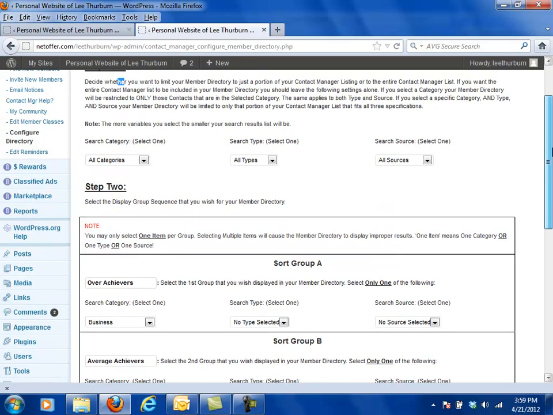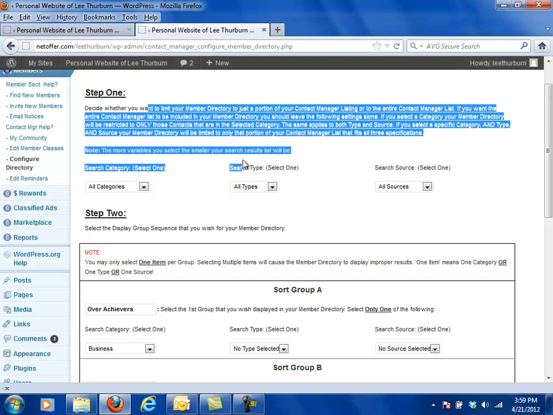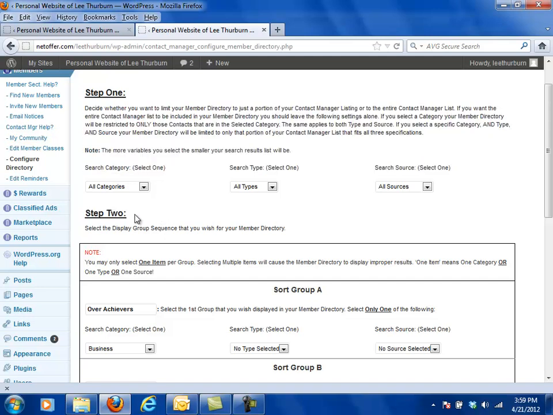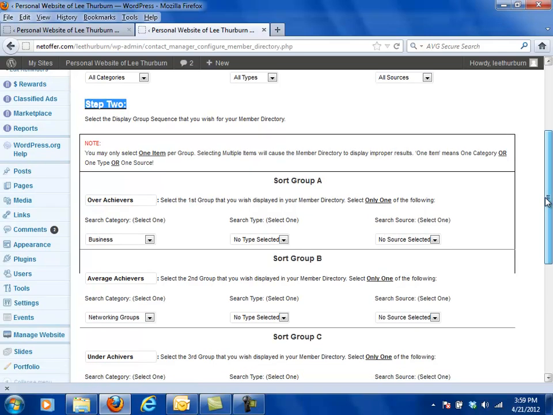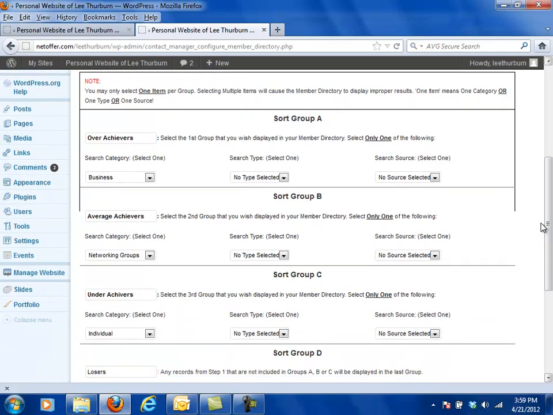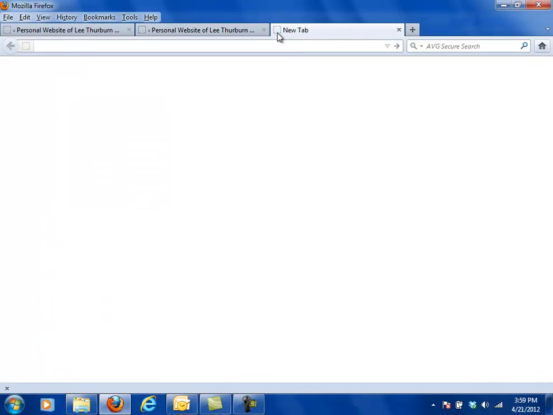Now, if you want to have everybody in your directory included, then in step 2, you're going to define which of the group everybody you want to have in your sort group A, sort group B, sort group C, or sort group D. So each group, and there are 4 groups, can be given a group name. Here I have overachievers. Now what I'm going to do is open another tab